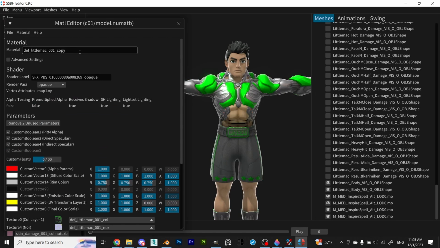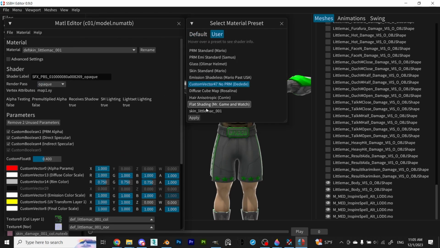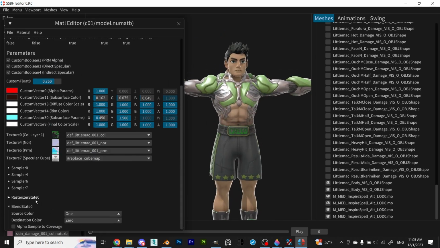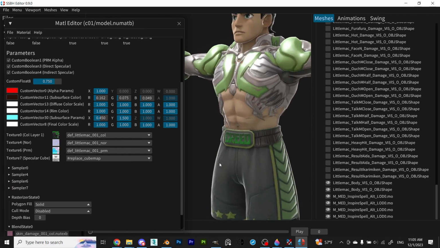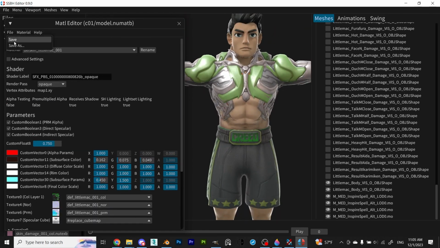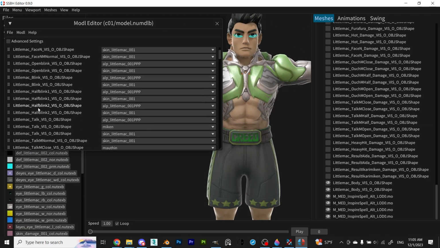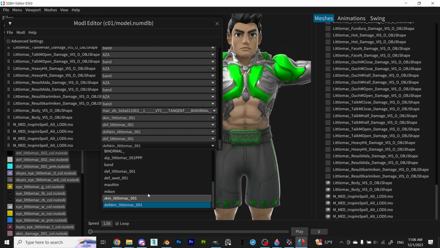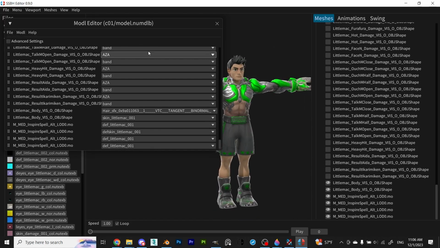For the skin, I duplicated the material and applied the skin material to it. Once I did that, I opened the model.numdlb and changed what material the mesh was assigned to. Make sure to save both files before exiting the editor.